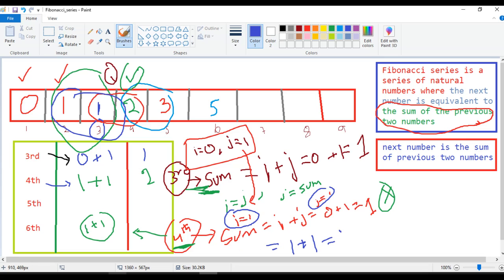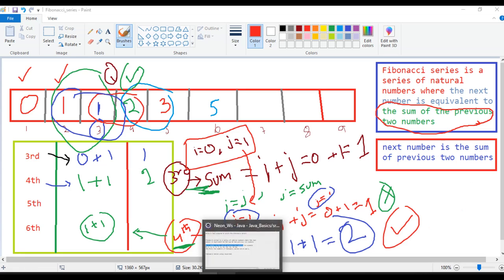Same will happen, right? See, observe the diagram carefully now. So the fourth position is 2. Now this logic will be satisfied, right? So while performing the same logic programmatically, we need to know addition of two numbers, we need to properly swap, and we need to know the basic for loop concept. Okay, the same logic I will implement programmatically.